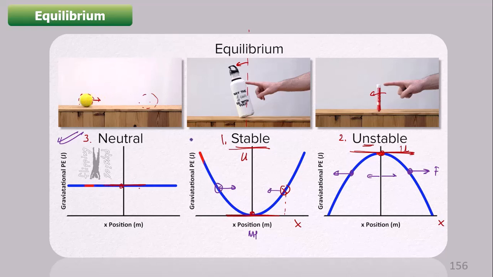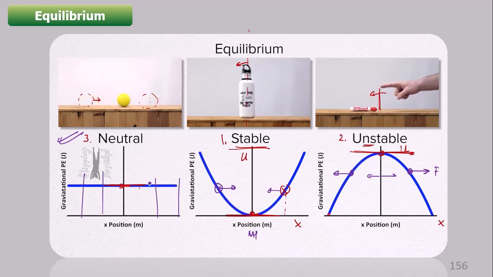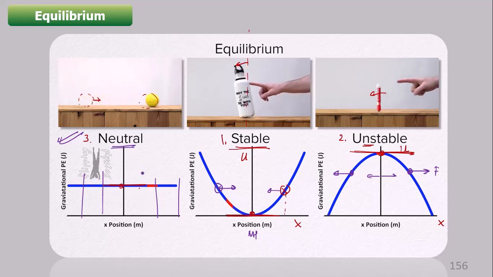So whether the particle is at this location or this location or this location, at any instant, I can clearly say the slope is always 0. It is a perfectly straight line, but the position is not changing. I cannot identify what the new position is. That's why we call it neutral equilibrium. So these are the three kinds of equilibrium based on stability.